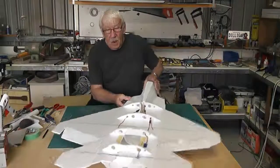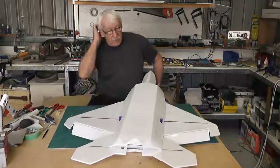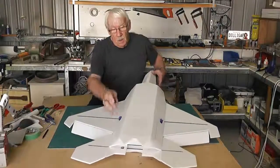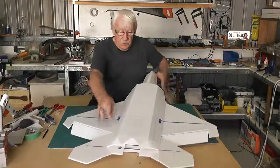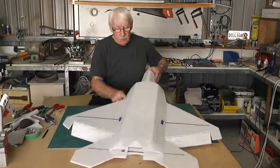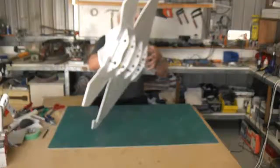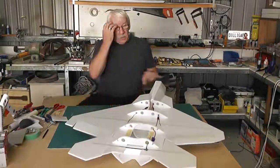Continue with the build. To save a bit of time, I think you saw me glue the bottom on. I've now run a bit of hot glue just down each one of these here. I've removed the tape and cleaned up these edges a bit, sanded them down a little bit. Probably will do a little bit more sanding later on. And then on the other side,